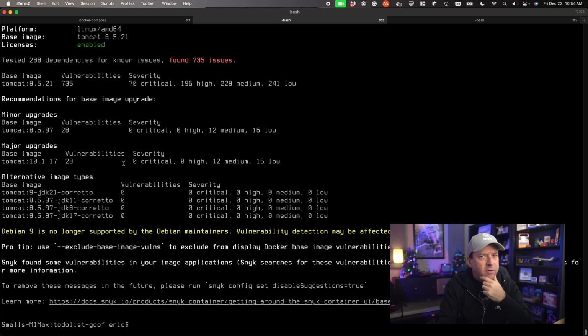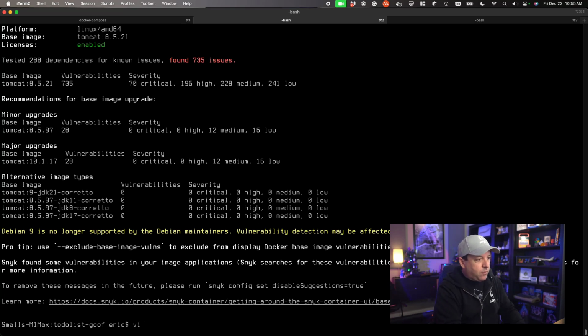And, put on my architect hat, yeah, we can't go to 10. It's no better anyway. And we're not ready. These alternatives look great because they have 0 vulns, but they're on the Amazon Corretto, which could be cool, but we're not ready to do a full regression against a whole new JVM. But we could definitely go to the latest patch version and run our normal regression suites and be pretty satisfied that this is going to work. And that's a good idea.